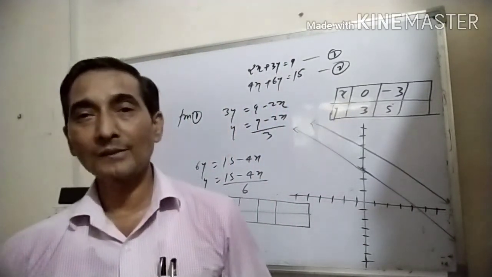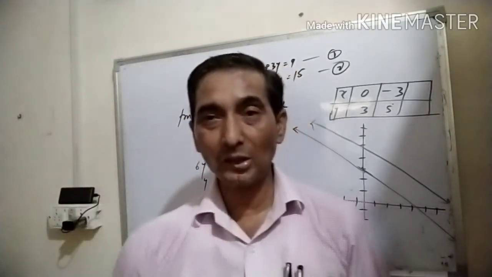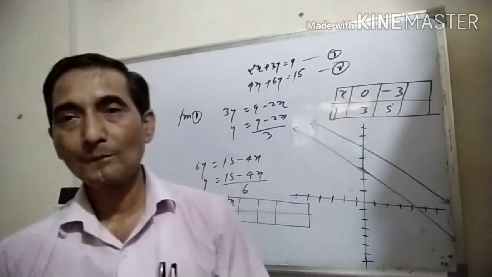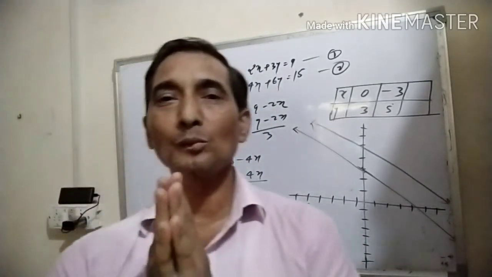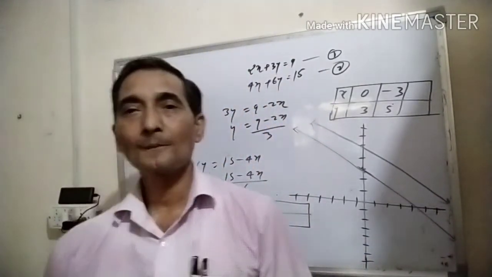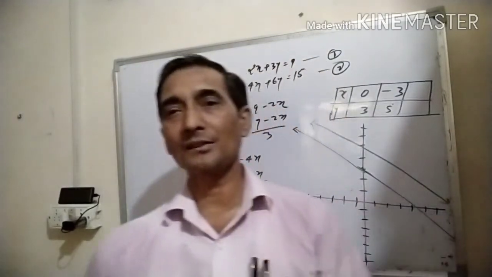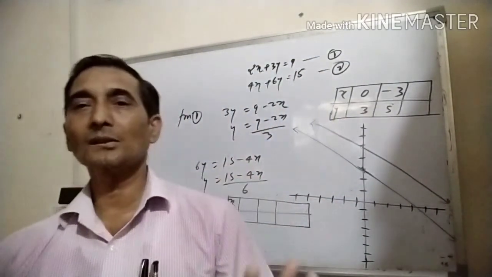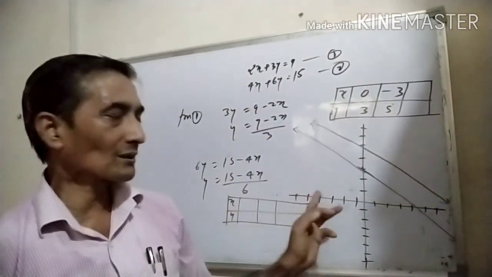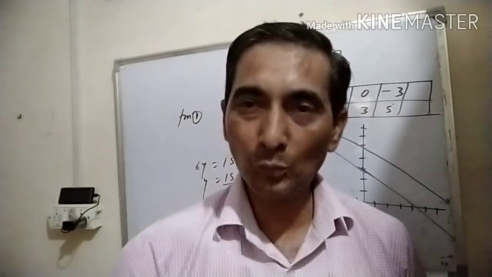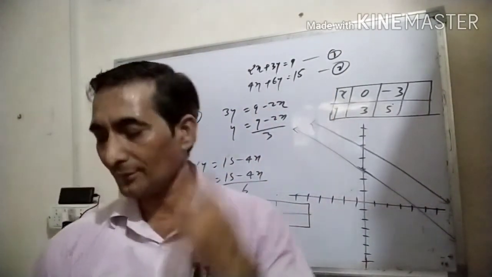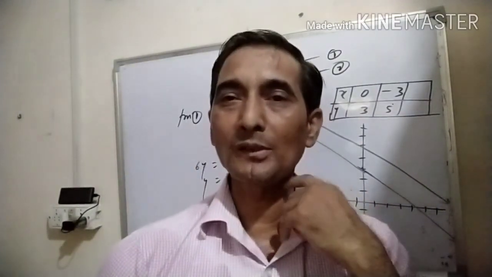Then you can say that when the given representations of linear equations are parallel on the graph paper, in that condition there is no solution of the equations. So students, today I explained three conditions. First is unique solution, second is infinite solutions, and third is no solution. And I hope that you will try to trace these three types of equations with the help of your NCERT textbook.